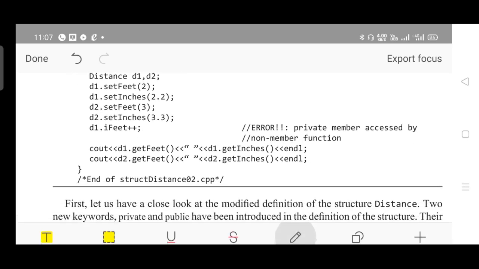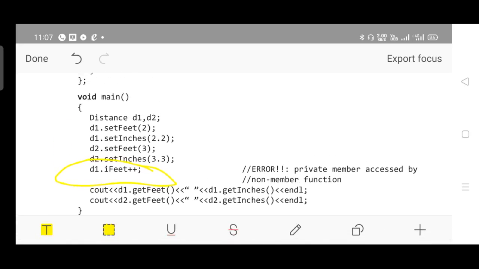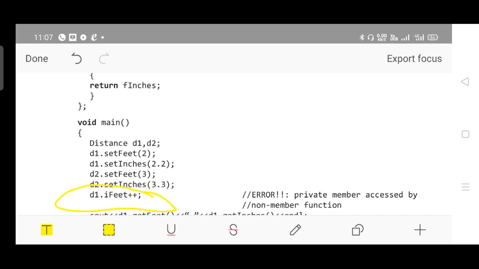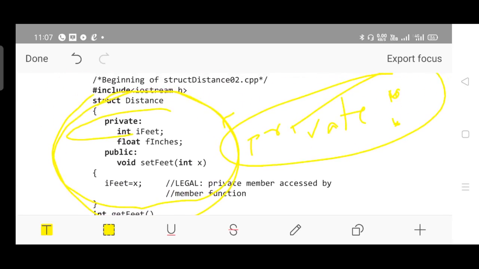Here you will get the error message: d1.ifeet plus plus. From the main function, with respect to an object d1, you are trying to access the variable ifeet, but what is the type of ifeet? Check. It is private. Int ifeet is private.